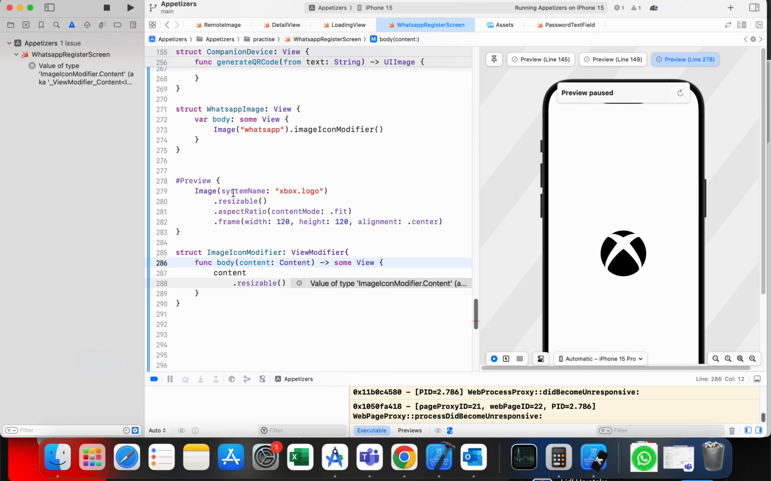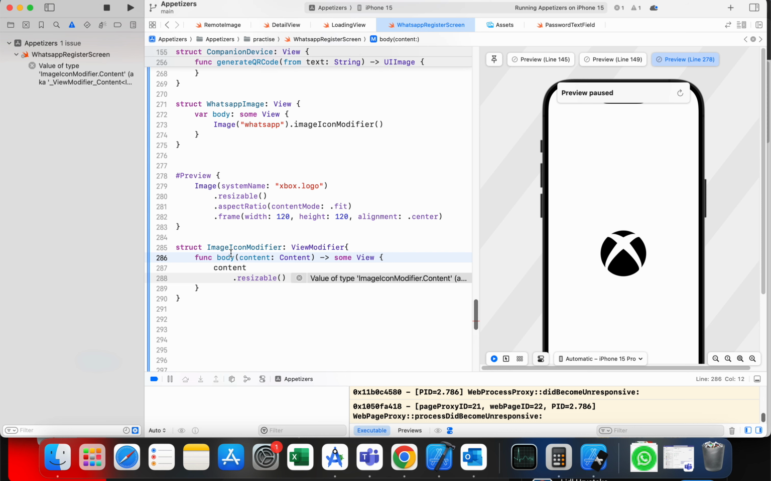So this is a preview. I made some image, Xbox logo system name from SF Symbols, and I use the resizable, aspect ratio and frame. I give it width and height of 120 pixels. So this won't work. If you want to make a custom modifier for image to replace these 3 lines of